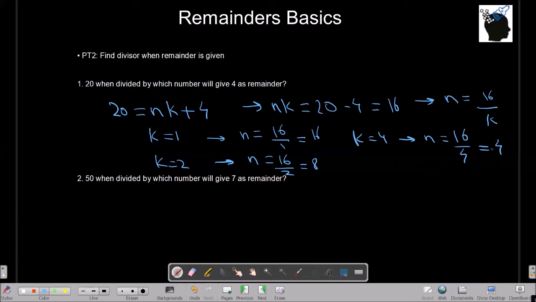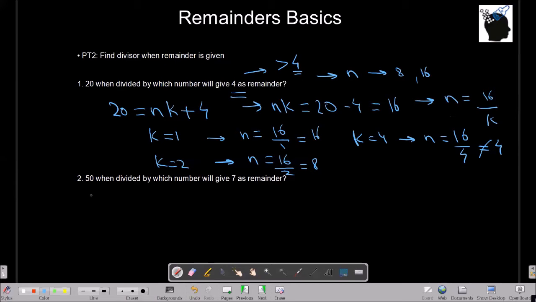But notice one thing here. You are trying to divide 20 by a number and the number was giving you 4 as remainder. That means the divisor, or the number from which you're trying to divide 20, has to be greater than 4. So n cannot be equal to 4, what we found just now. So there is no point taking higher values of k and trying. So that means your n can take only 2 values here, which is nothing but n is equal to 8 and n is equal to 16.